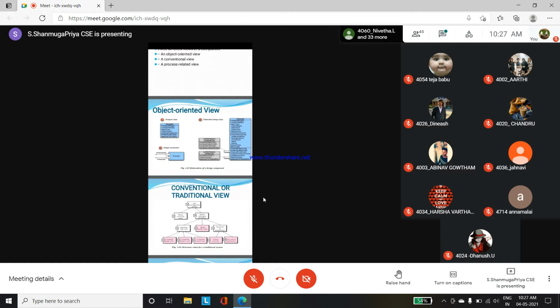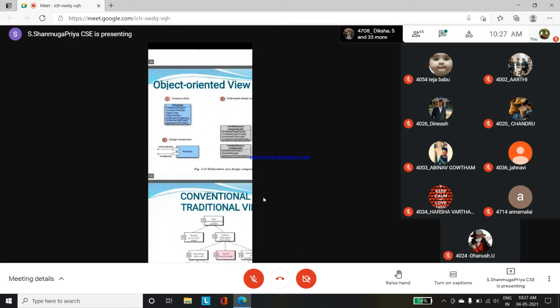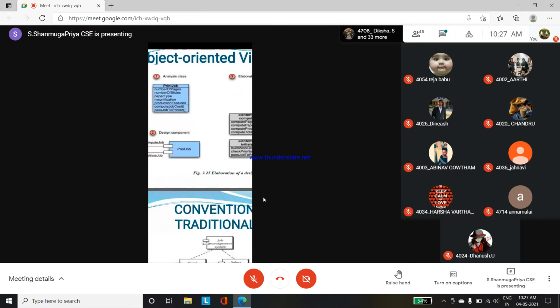So in the component level design we have only two symbols. The first symbol is one rectangle box which is covered with 2 small rectangle boxes. The two small rectangle boxes are used for identifying whether it is connected with any interface or not.